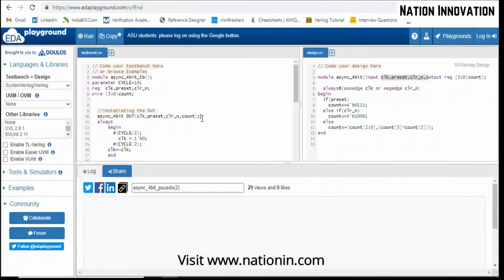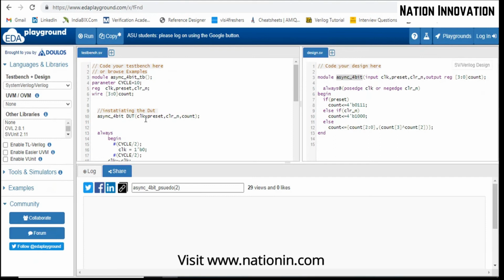So how are we instantiating? For this we use the module name. Asynchronous 4-bit is the module name here, and this is a local instance name we have to declare. And here we are making the connection in order-based fashion. We are doing order-based instantiation.